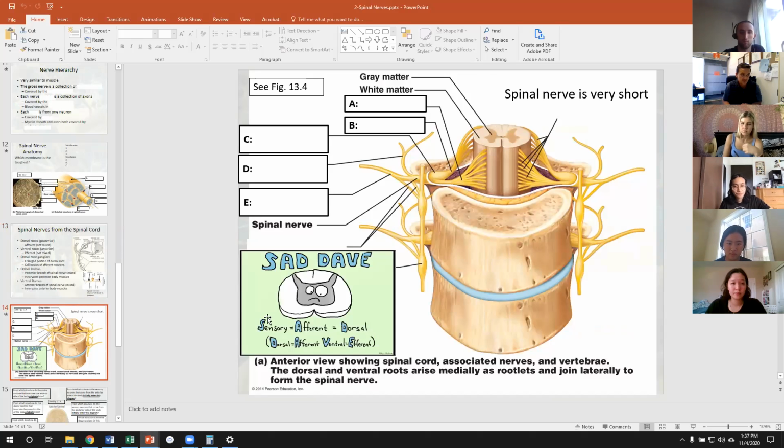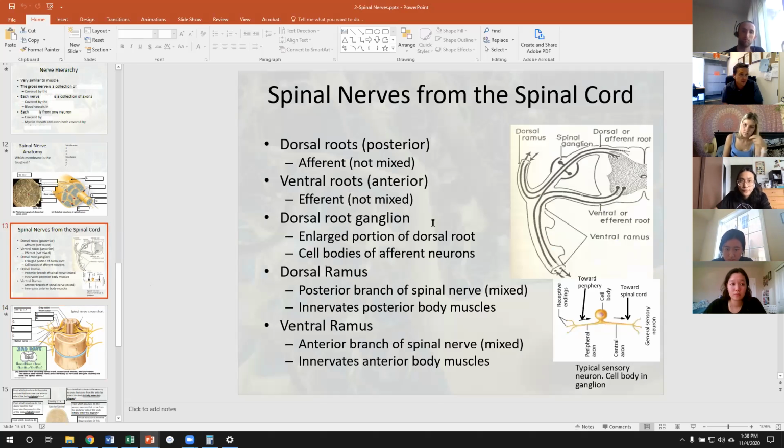That's kind of helpful, I think. So sensory equals afferent, right? That just tells you what that means, which you guys already know. Sensory equals dorsal, okay? But really the DAVE part is the most helpful: dorsal equals afferent, ventral equals efferent, okay? So that just helps you remember which side is which as far as where the different signals are coming from. And so what that really means is that